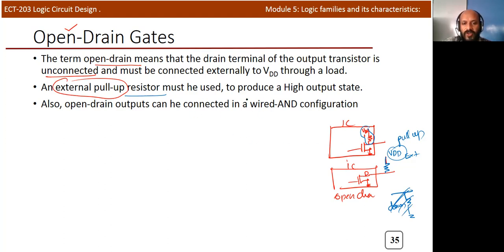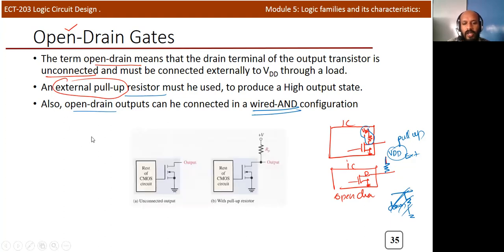In this particular case, we are connecting a pull-up resistor. This configuration is also useful for a wired AND configuration, because without any extra hardware, simply connecting the common point of the transistors, we can perform the AND operation. So we don't require any extra AND operation in the case of open drain. Now we'll see the structure. I already explained the structure. This is an unconnected output, open drain configuration. The last transistor will not be connected to VCC internally. So this is an open terminal.